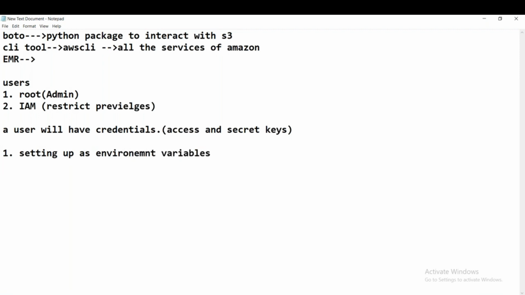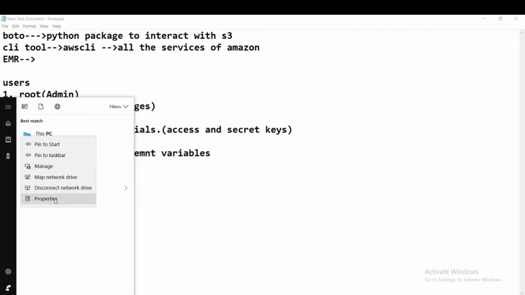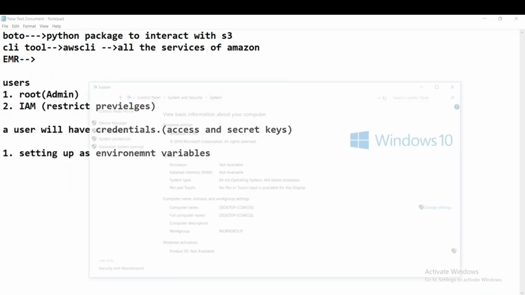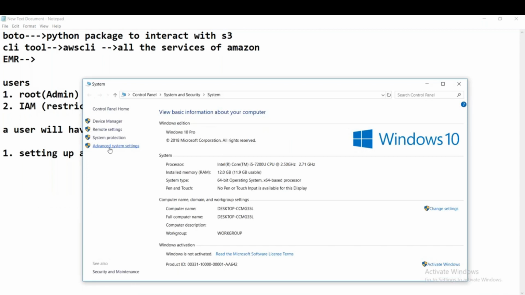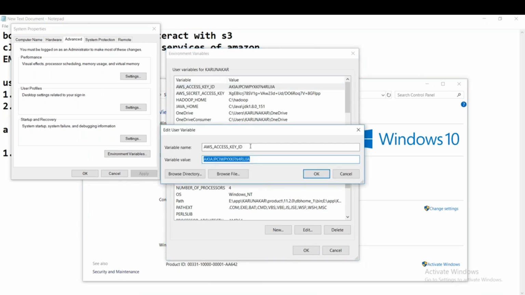In Windows, how do we set the environment variables and where do we do that? We go to my computer, PC, properties, advanced system settings, environment variables, and we can see, can you see this here? The first variable I'm editing is the key ID. I have already added the variable and variable value here.